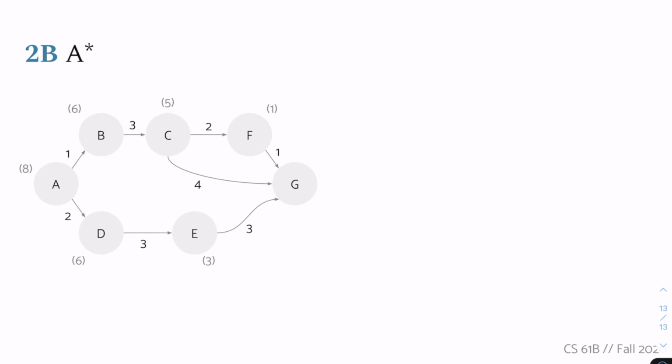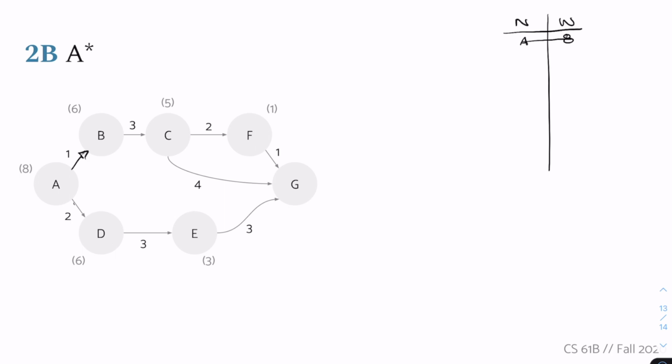Okay, welcome back. So let's get started. So again, we will draw out our priority queue. So we have N, and then we have our weights. So we have A first, and A has a projected distance of 8, meaning the projected path that goes through A has a weight of 8. So we have that first, and now we're going to pop it out,